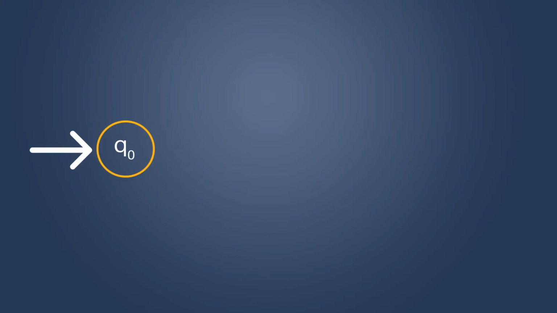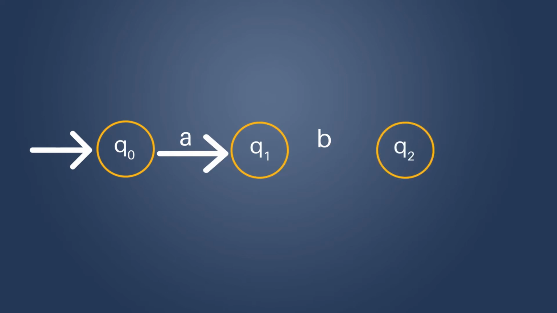if my input symbol happens to be A, let us make a transition to one more state called Q1 like this. On Q1, if my input symbol happens to be B, let us make a transition to one more state called Q2 like this. And let's make Q2 the final state. To make Q2 the final state, we should be drawing two circles like this. Here, Q0 happens to be my start state and Q2 happens to be my final state.